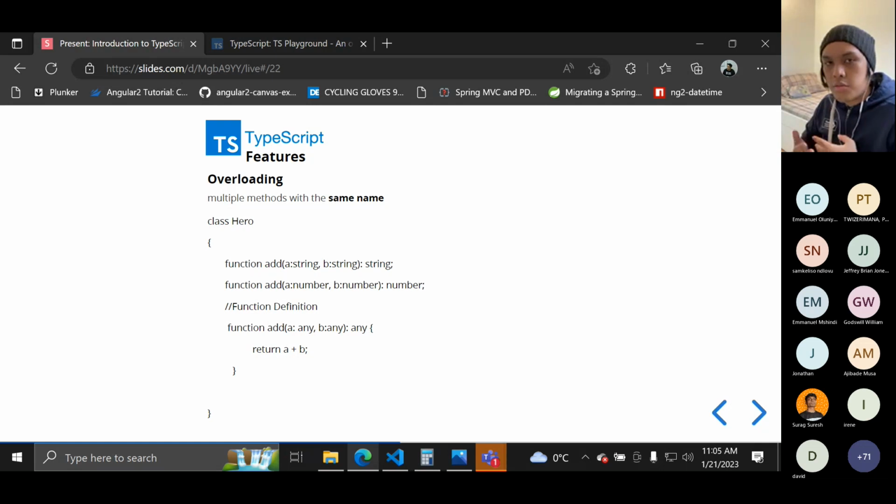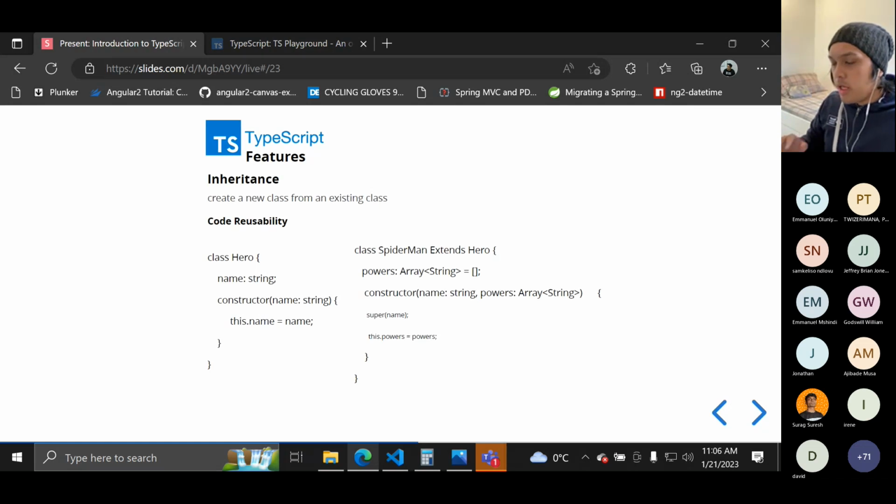So what we should do is modify the other function into a string or a number, as long as they have the same return type. We can see here that the first implementation of add has two parameters of type string, and the second implementation has two parameters also, but with a different data type. So that's the correct implementation, right?